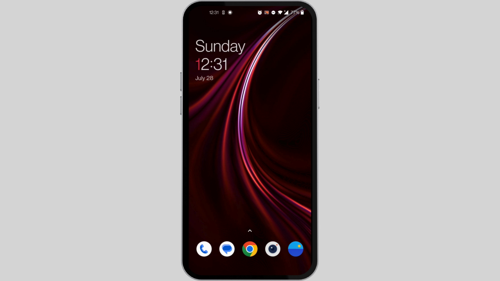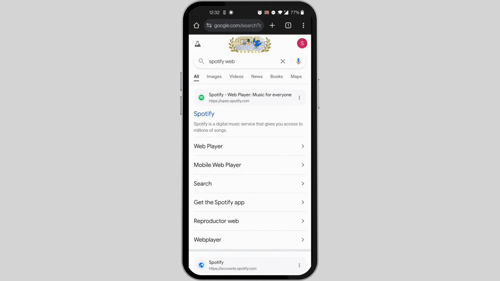Today I'll be showing you guys how to create Spotify account. First, open Google and search Spotify web. Then this kind of screen will pop up. Scroll all the way down till you find login Spotify. Click on that